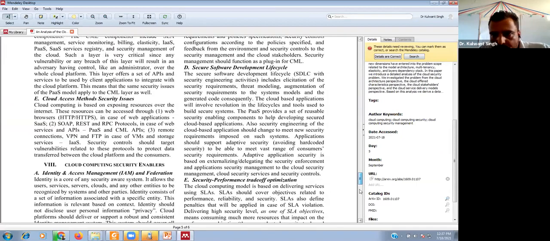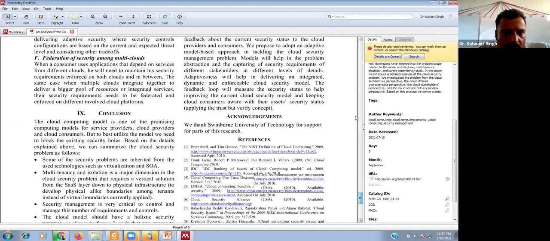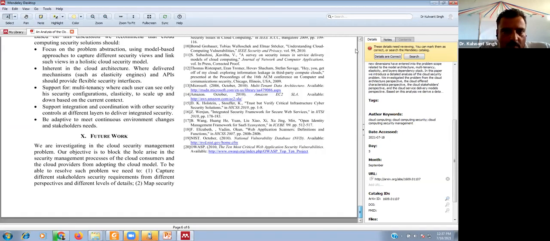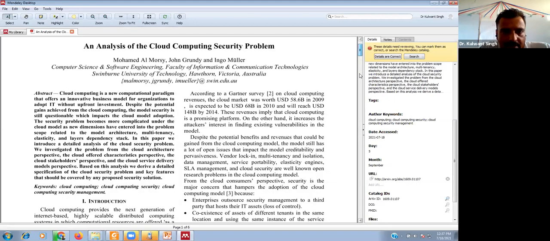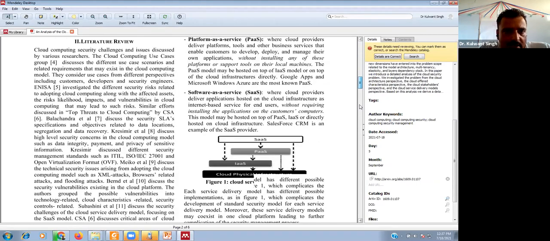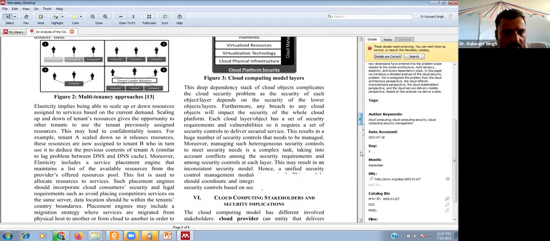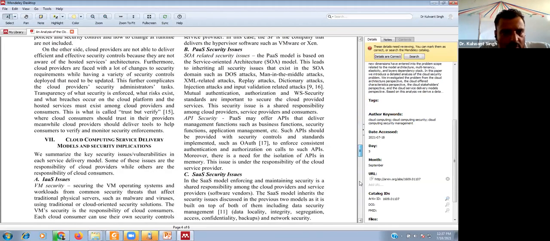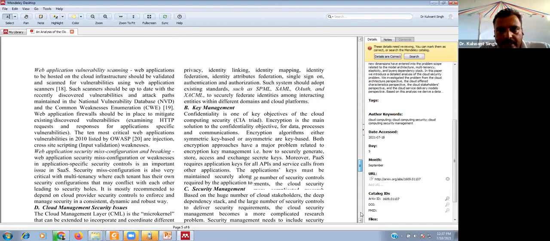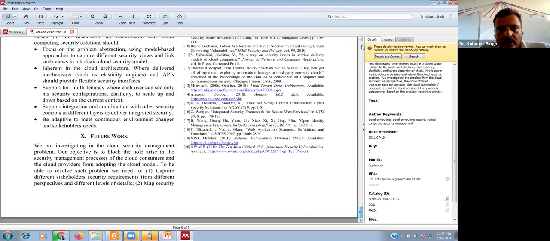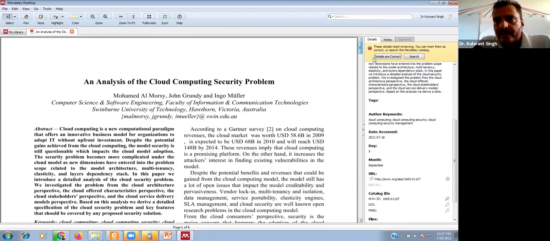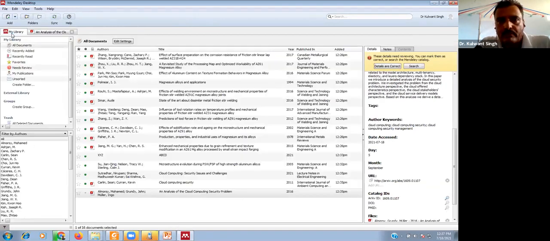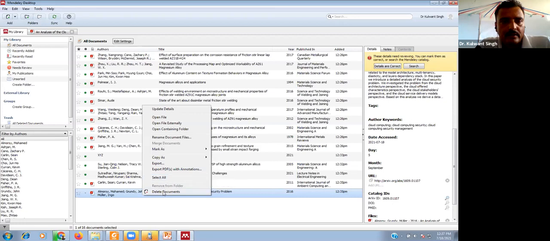I think these details are missing from this particular document. The year of publication, page number, all these things are missing. So I think this is not an appropriate document for selecting as a reference, because when you are writing a research article, it is necessary to select good references. So I think this is not an appropriate document. Then you can directly delete it, delete the document.